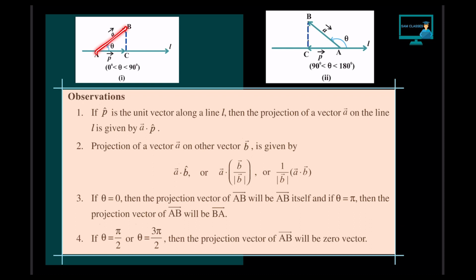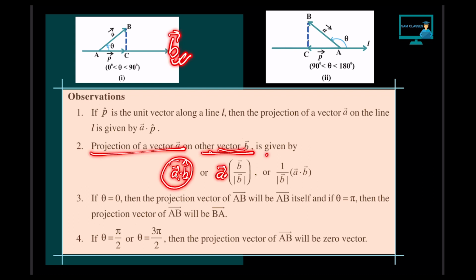So projection of a vector on this line L is nothing but what? Projection of a vector, and let's say on the other vector, this line is b vector, on this b vector is given by a vector dot b cap. Means you have taken the a vector but in the direction of b cap. That can also be written as a vector dot b cap, and what is b unit vector? B vector by mod of b. So that is equal to a vector dot b vector divided by mod of b. Correct.